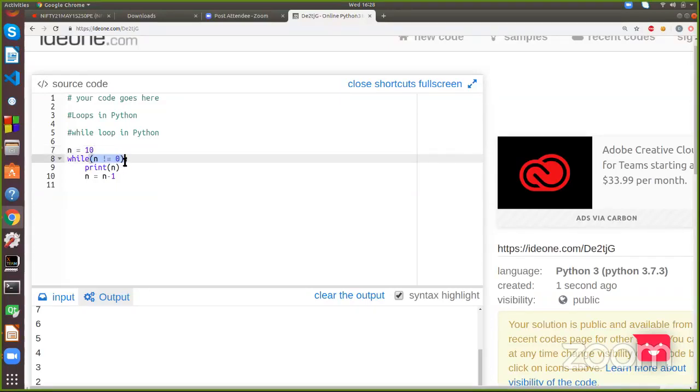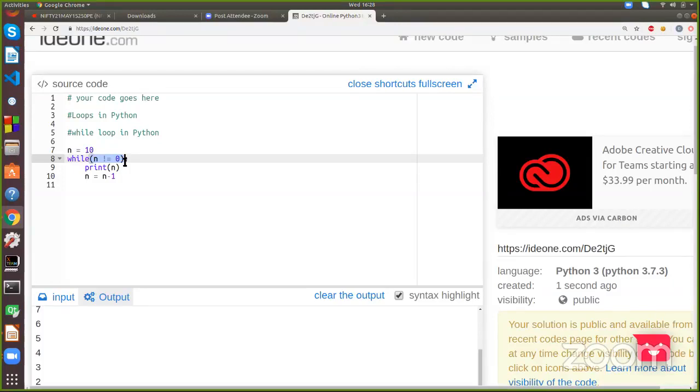ये जो loop है कब तक चलेगा? जैसे हम लोग for loop में बोलते हैं ना, ये loop 1 to 11 चलेगा, ठीक है, तो ये loop 10 टाइम एग्जीक्यूट होगा. तो हम लोग को ऐसे ही while loop में कंडीशन डालना है कि ये जो loop है कब तक चलेगा. I mean n equal to 10 है, तो कब तक ये loop एग्जीक्यूट होना चाहिए, कितने बार रिपीट होना चाहिए. So this is the condition we need to add over here. So I have added that n not equal to 0. मतलब जब तक n 0 के इक्वल नहीं हो जाता तब तक ये लूप चलेगा.